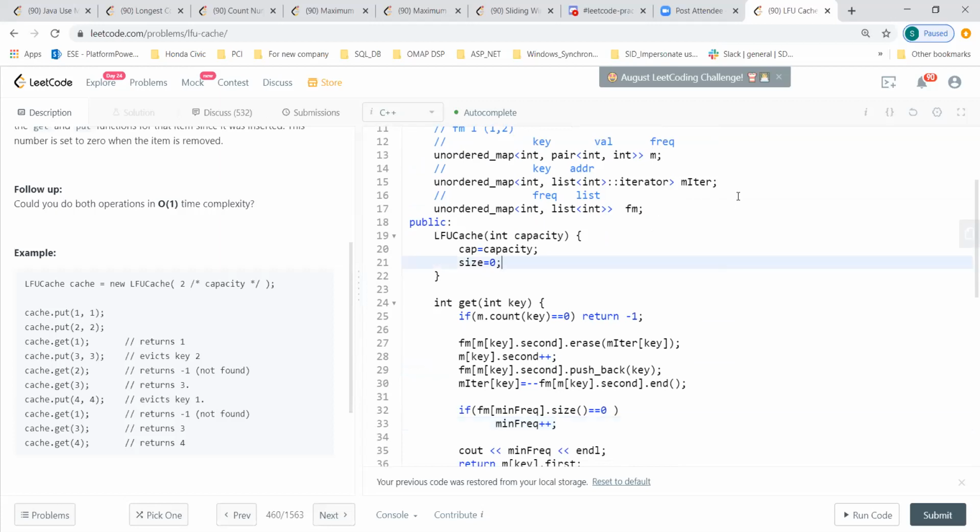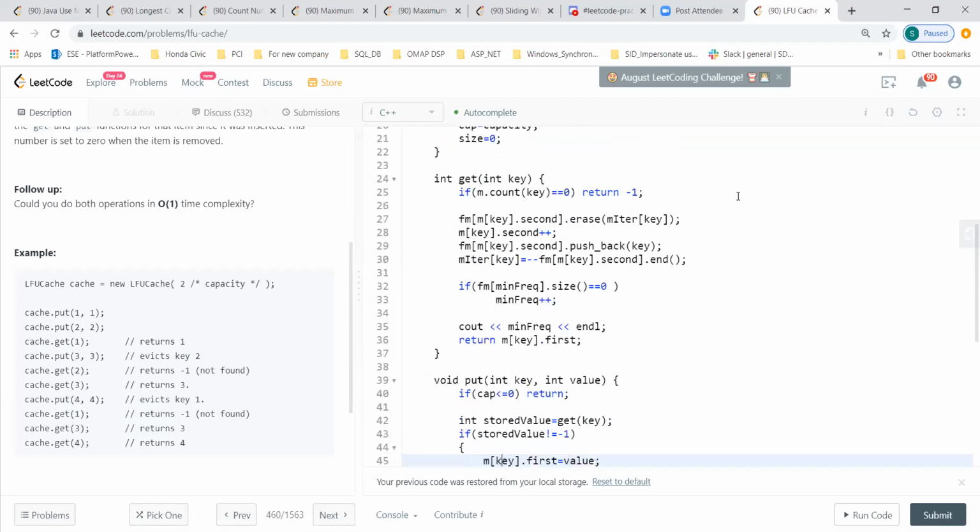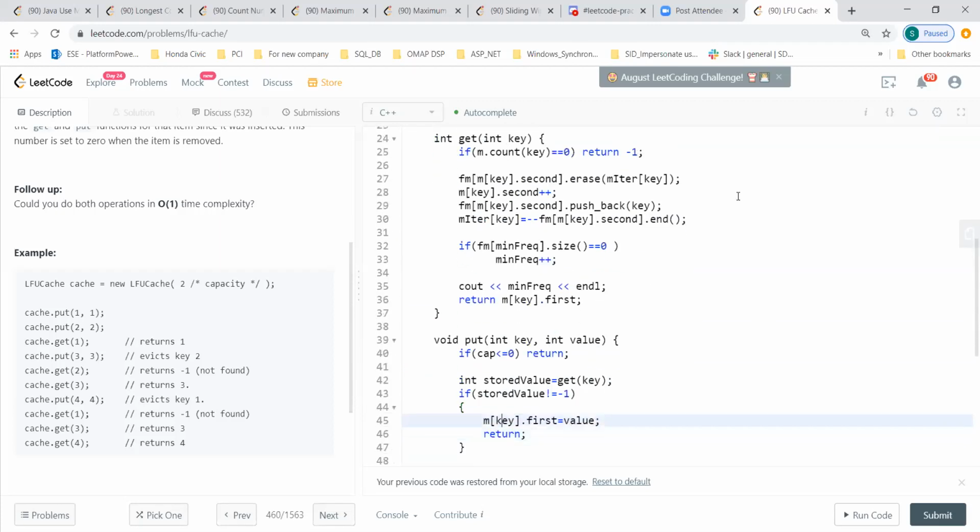Okay. So in put also we are calling the get method, if you see in line 42. Oh yeah, that is where it is being called. So here he is calling it, and then he is incrementing the min. Consider a scenario where you put 1, 1 and put 1, 2.